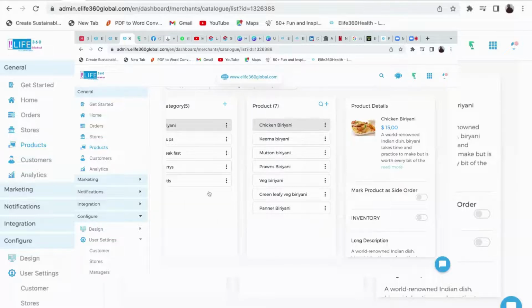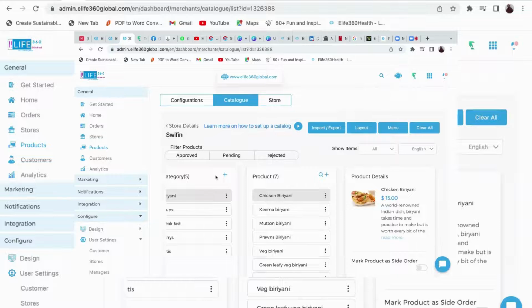Once you've done all of this and submitted, it comes to us, and we take a look at it and make sure that everything has been put properly. And then we also make sure that your activation fee has been paid, and then we make the store available to customers. So that is the basic setup of a store on Elife360 Global. I'm now going to take you to Elife360 Health,